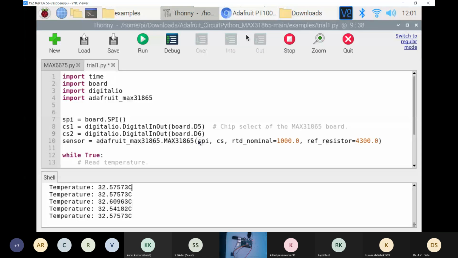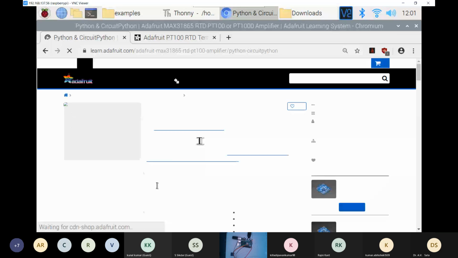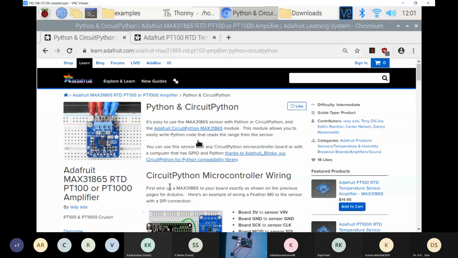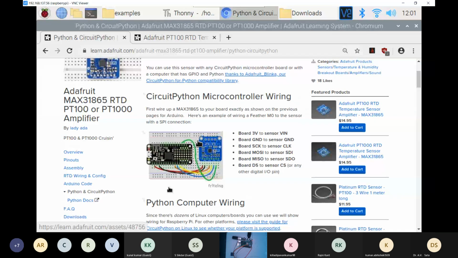From Adafruit, you can actually learn Python and CircuitPython. They have given every kind of demo. So basically, the code which I have run is from over here only.